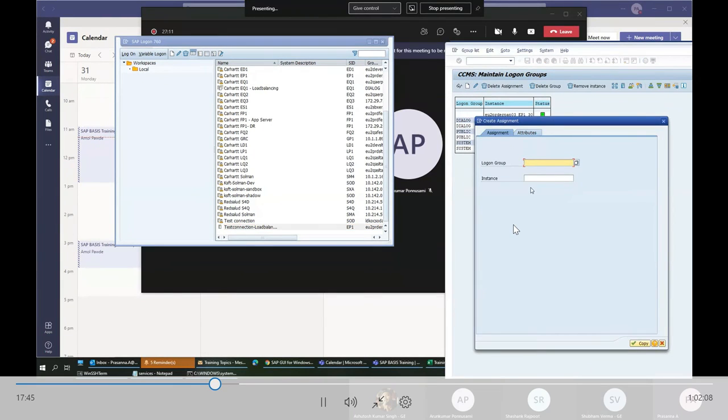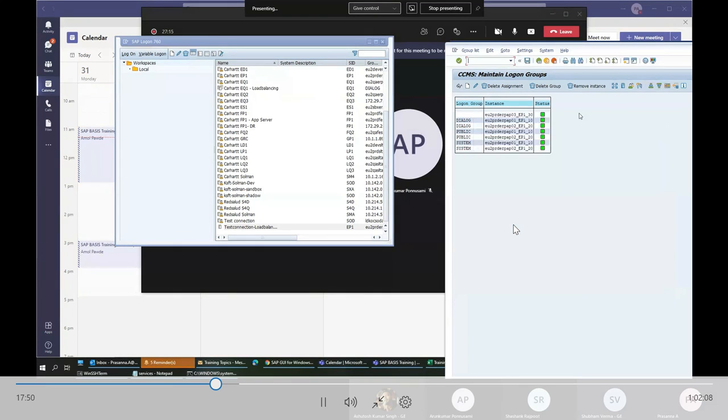Mostly they would create only one or two, and here there are only 3 servers. If there are 5 or 6 servers, usually they create 2-3 logon groups: for the dialog logon group they assign 2 servers, and for another they assign another 2 servers. Based on the user, like a factory user, they will use a different logon group.